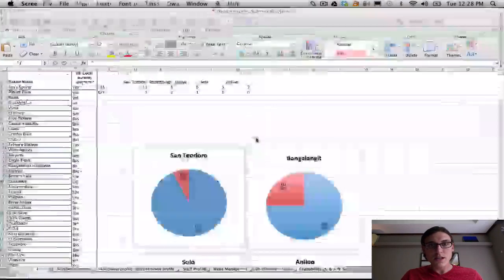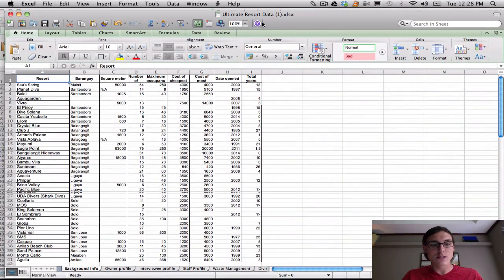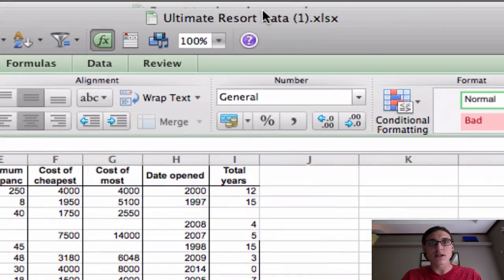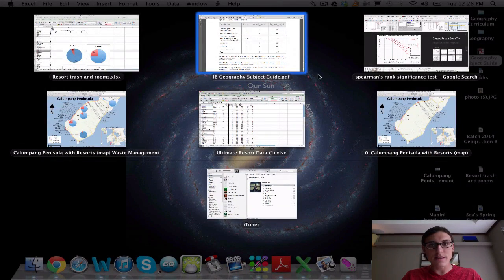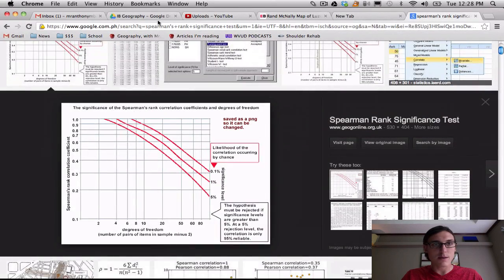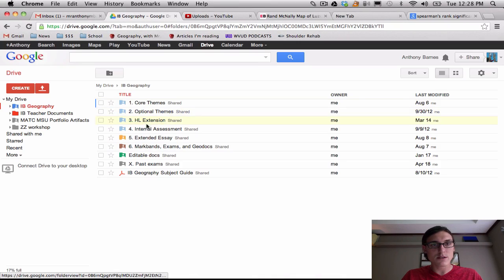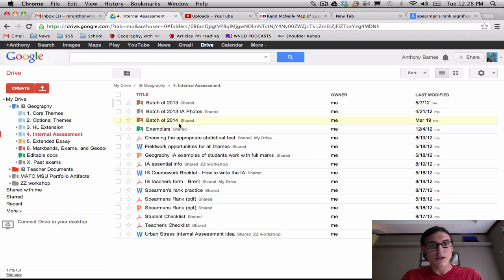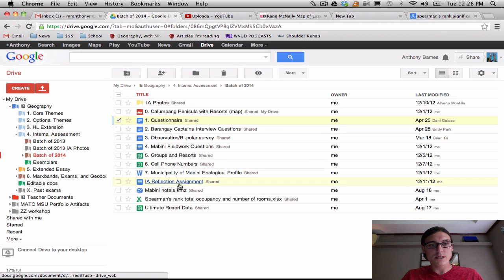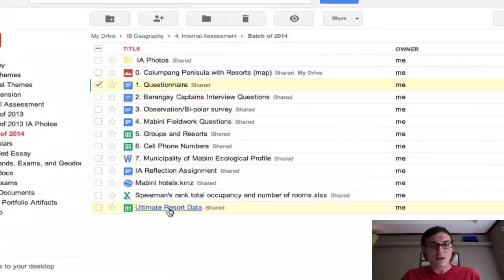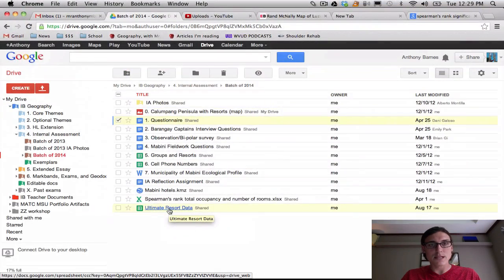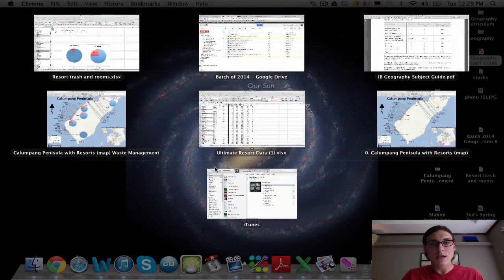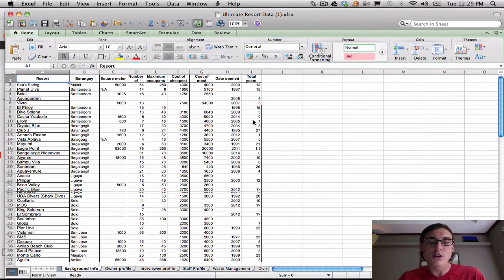First thing we're going to need is the ultimate resort data spreadsheet. You can see that that's the title of this one. Okay, you find that. You should all know how to find that, but you find that in the Google Docs under internal assessment, batch of 2014, and then right at the bottom there, if it's sorted by title, it'll be this one right at the bottom, Ultimate Resort Data. Okay, click on that, download it, and then you can have it on your computer to work with through Microsoft